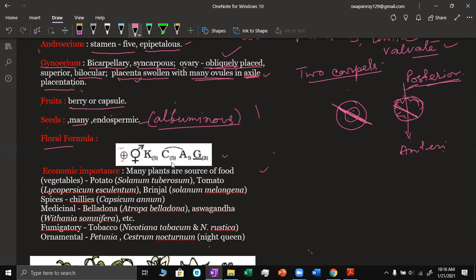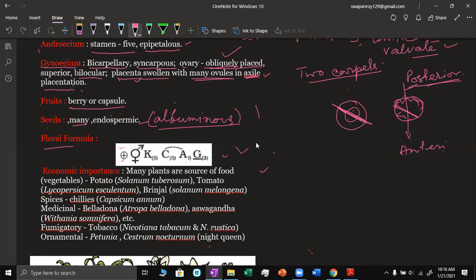Corolla 5, within bracket means united. Androecium 5, but the androecium is attached to the corolla, that is the petals, so epipetalous condition. And gynoecium 2 syncarpous, that is the carpels are united, and this line indicates that the ovary is